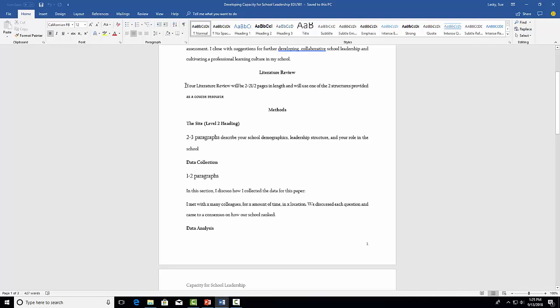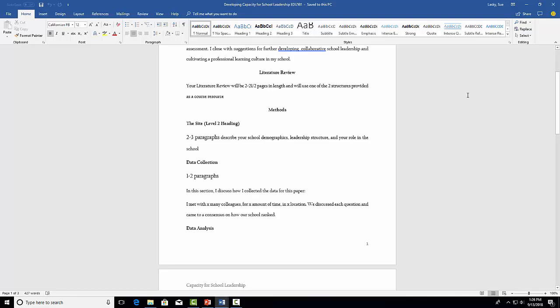lays the foundation for the study, talks about what's been done in previous research, but it also helps you identify the gap in what has been conducted before and what needs to still be done in research. You have a resource in Moodle that lays out for you two different structures that are the standard in our profession when writing lit reviews. The other resource that you have in Moodle is a sample of what those two structures look like